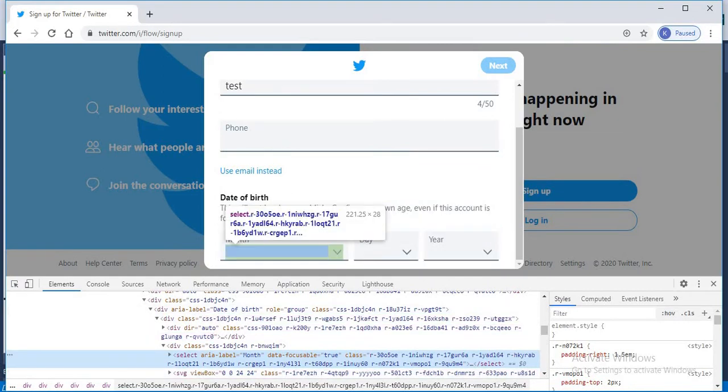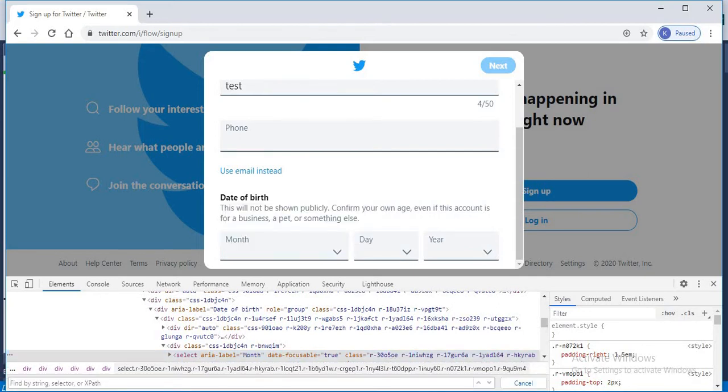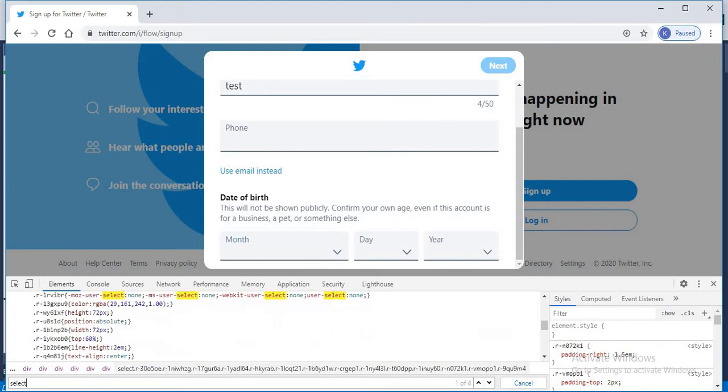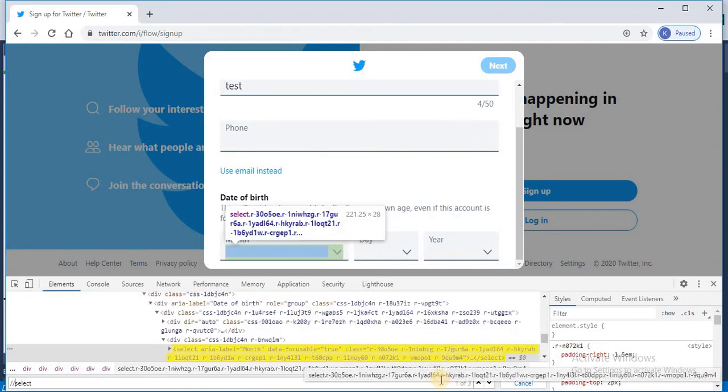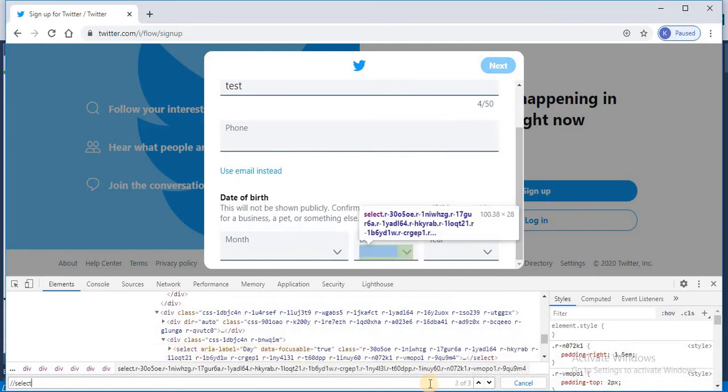This is the select tag and it doesn't have any ID, name, or class name. But if you want the locator by tag name, then you can see that we are getting four references. To make it more familiar how it can search the tag name, I can write it this way. So it has three select tags.